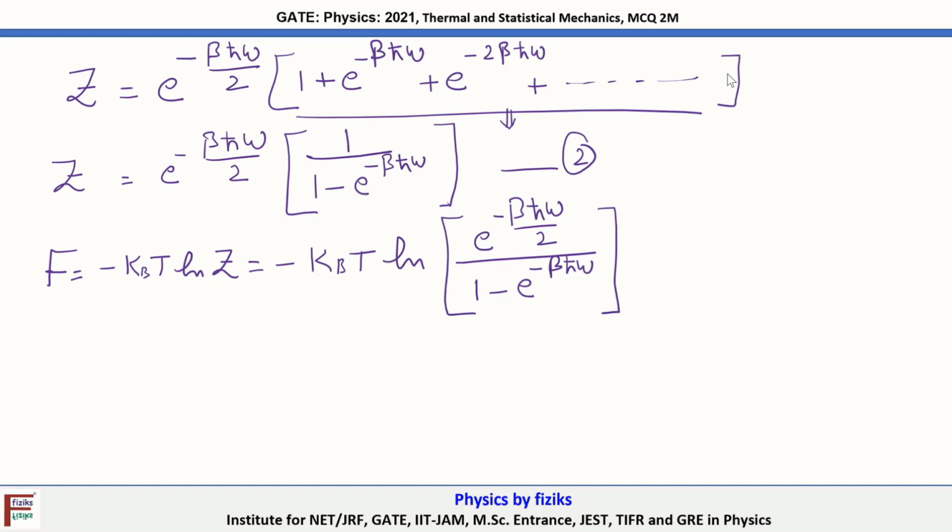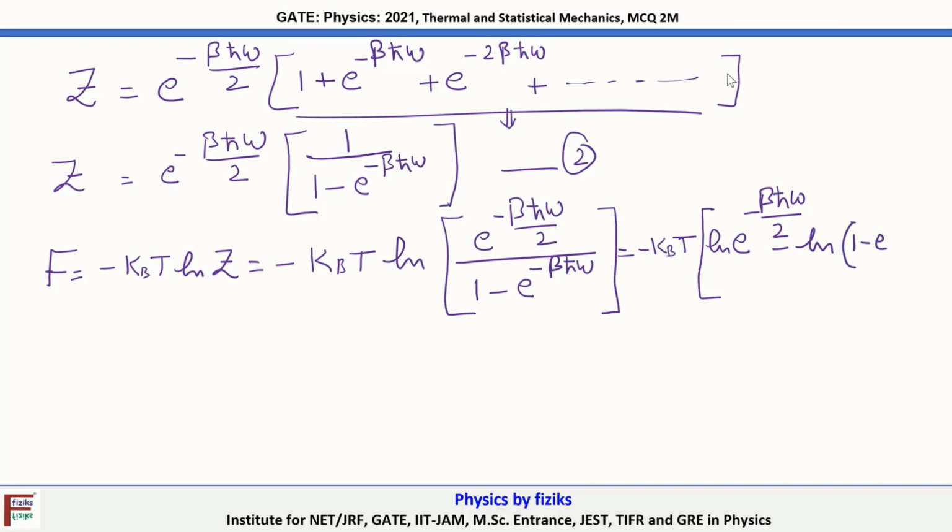Upon expansion this is equal to minus k_B T times, inside the bracket, the first term ln e to the minus beta h cut omega divided by 2, and then minus ln of the quantity in the denominator,